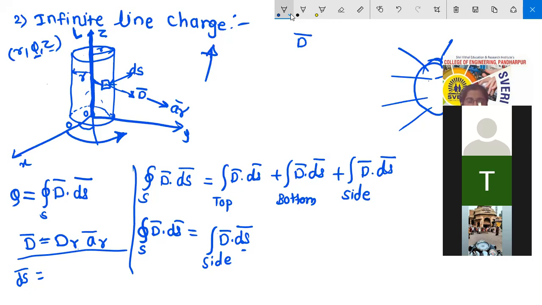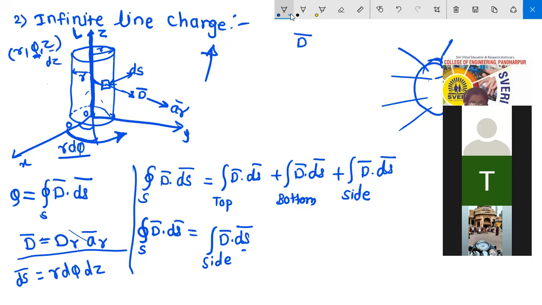Yes. dS bar for the cylindrical system, we are using a cylinder here. When r is equal to constant, tell me fast. R d phi dz. How is it? Because phi is an angle, that is an arc, so we are taking radius into angle, the arc, which is our differential length. And for z, it is dz only. The differential length is dz. In this way, you can find this dS bar.